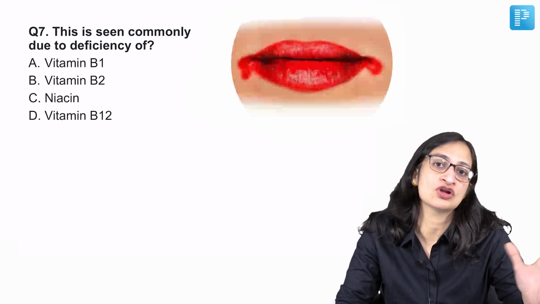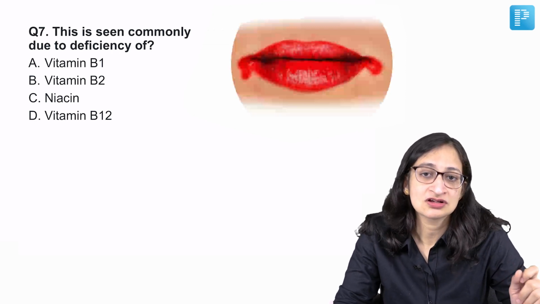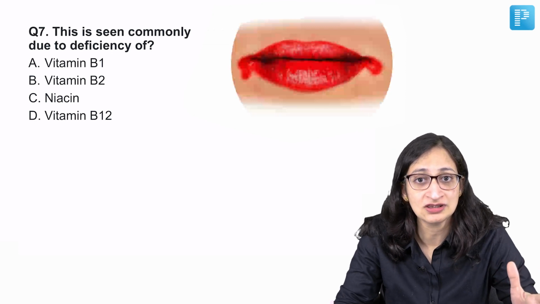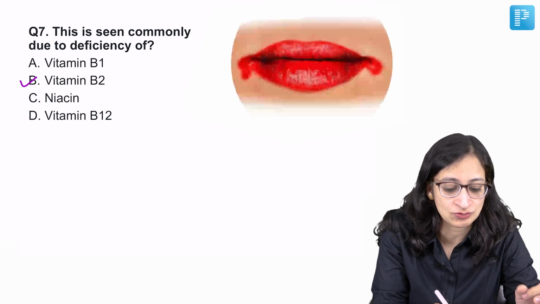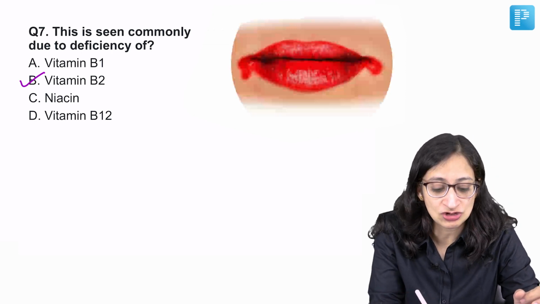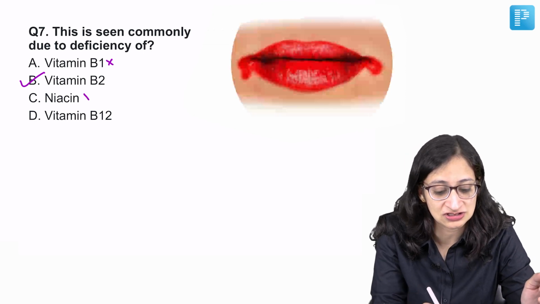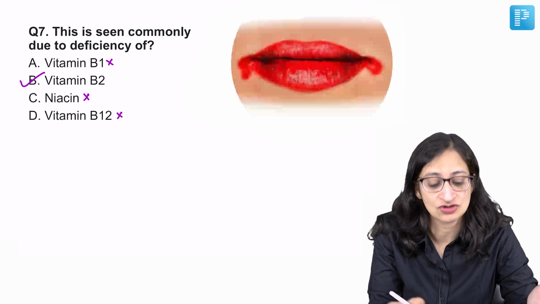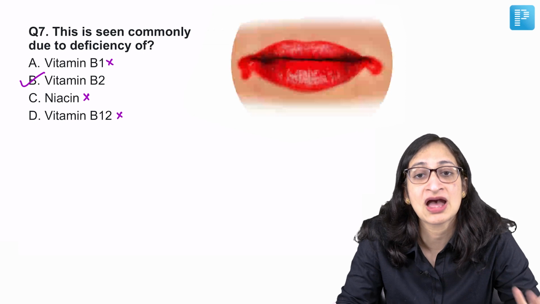Nowadays you're getting lots of questions about vitamin deficiencies, so do read them up. Which vitamin deficiency causes angular cheilitis or stomatitis most commonly? Very good. It is vitamin B2 or riboflavin. Vitamin B1 or thiamine deficiency causes beriberi, niacin deficiency leads to pellagra, and B12 deficiency will lead to subacute combined degeneration of the spinal cord and some other neurological manifestations,